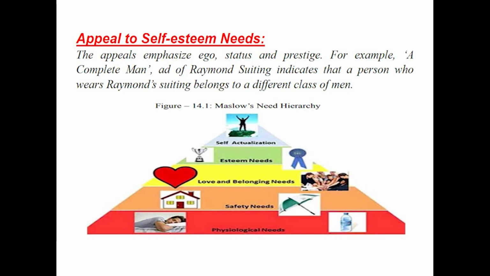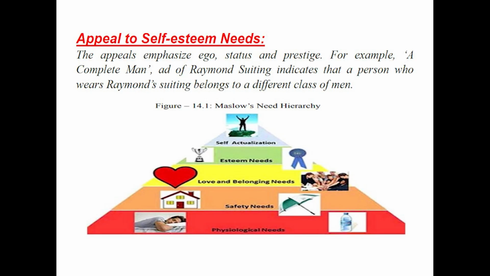Appeal to self-esteem needs is one more point we have to cover here. The appeals emphasize ego, status and prestige. For example, a complete man of a Raymond suiting. If you look at the advertisement of Raymond, a person comes with a stylish suit and he goes and offers a rose flower to somebody, then people are looking at him with admiration. So, in that scene it is established that your self-esteem and your status is emphasized there through this fashionable garment,